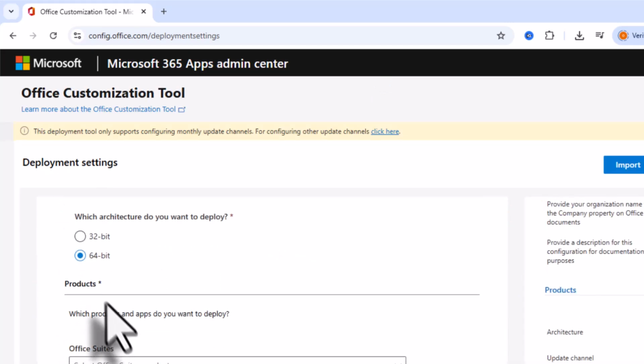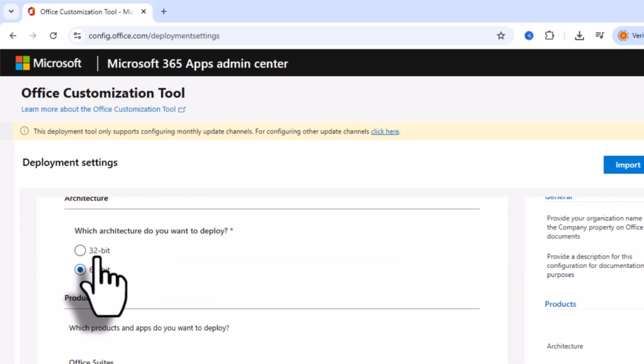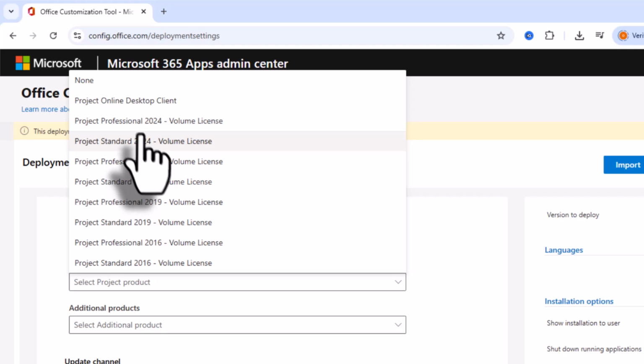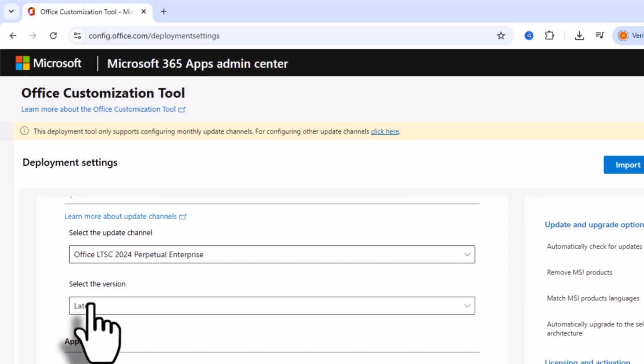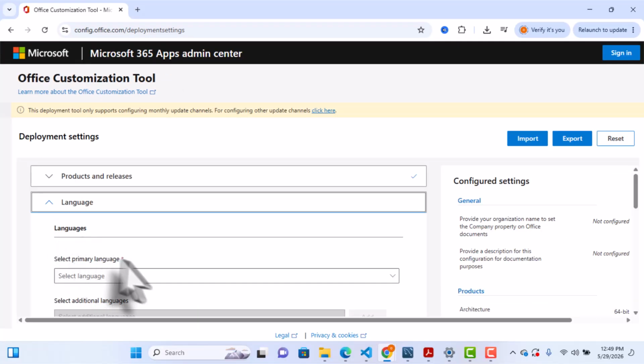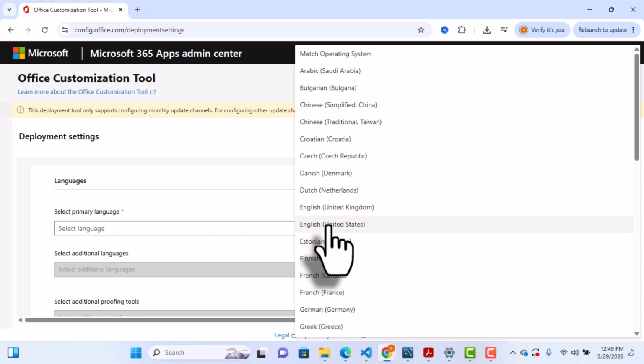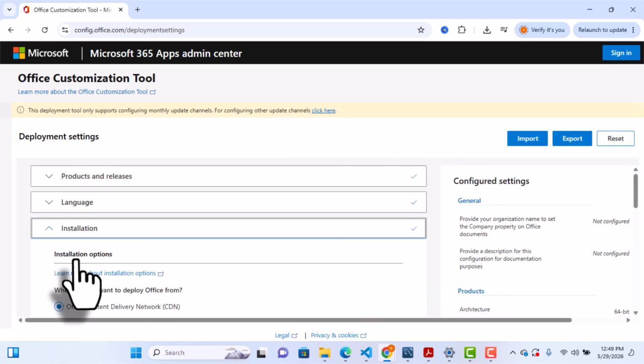Select the architecture of your system. On this project area, click and select Project Professional 2024 Volume License. Next, select your preferred language. Next,